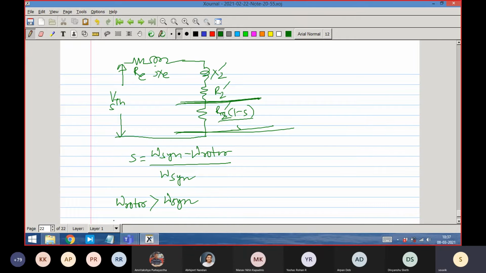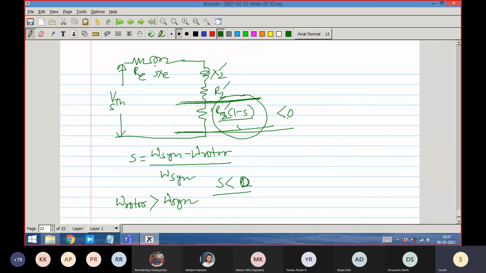So you choose that omega rotor, that is mechanical. First of all, let us understand from equations. If omega rotor is greater than omega sync, then you see that the corresponding slip is less than 0, meaning that it is negative. When such a thing happens, what does this mean? This resistance, if this is considered to be a resistance, has become less than 0, right? What does it physically mean when we see that in some place a resistance is less than 0?